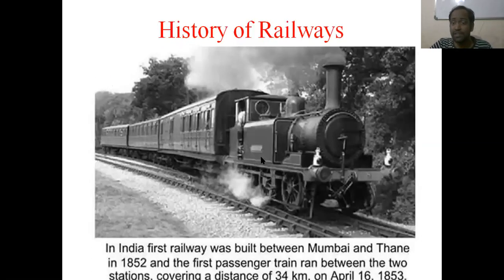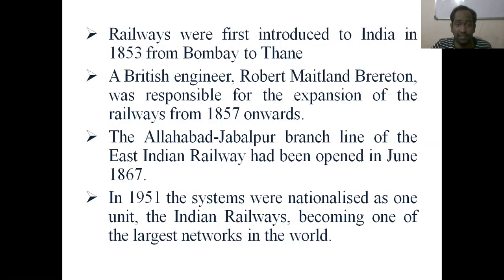So coming to the history of railways, we have discussed it in the previous session. Railways were first introduced in India in the year 1853, from Bombay to Thane. A British engineer, Robert Maitland Brereton, was responsible for the expansion of railways from 1857 onwards. The Allahabad to Jabalpur branch line of the East Indian Railway was opened in June 1867, and in the year 1951, these systems were nationalized as one unit, and Indian Railways became one of the largest networks